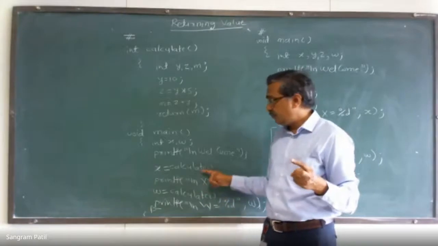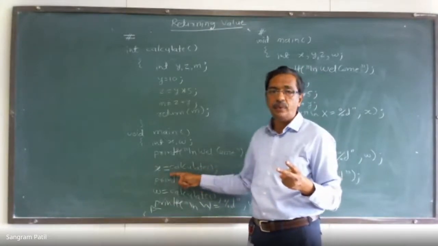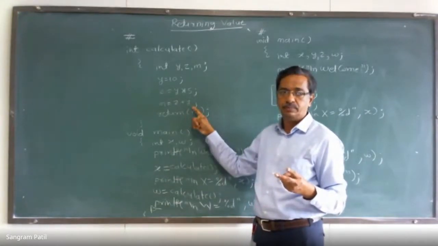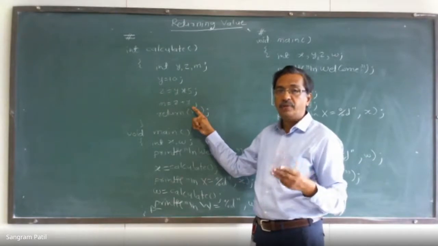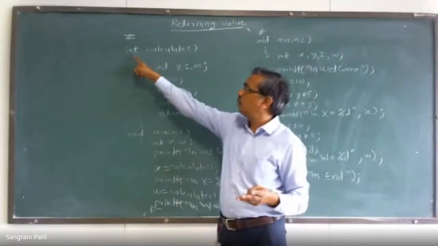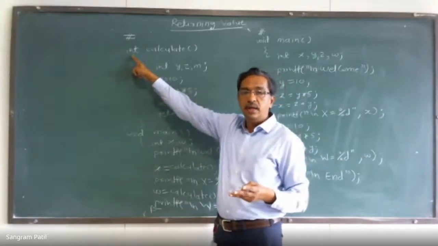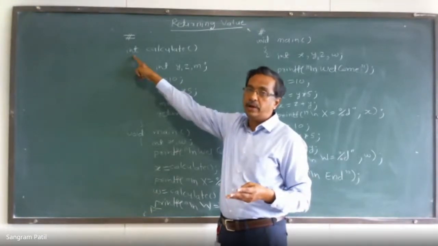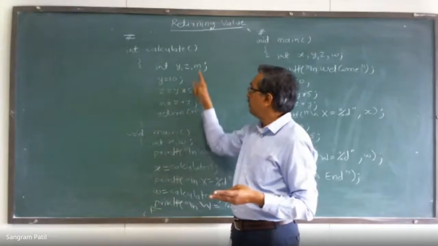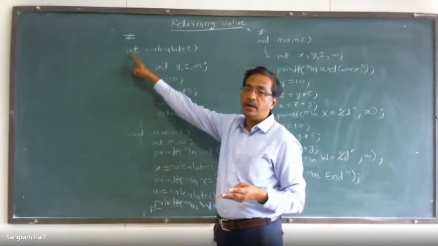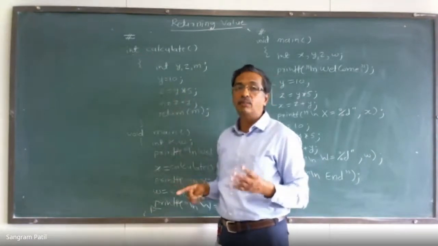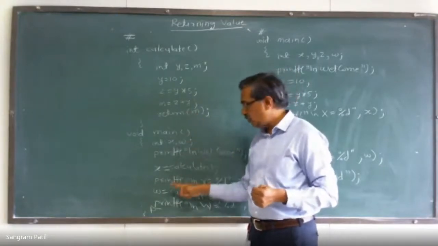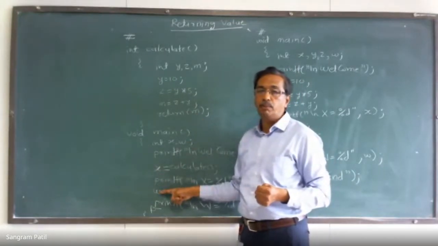Second, if your calling program is requesting a value, then the function must return a value. Third, if your function is returning a value, then void is not allowed. Here we have to mention the data type of the variable whose value you are returning. We are returning the value of m, the type of m is integer, so we have to write integer here. And the last and most important thing is that the variable whose value you are returning and the variable in which you are receiving the value, the type of both must be same.